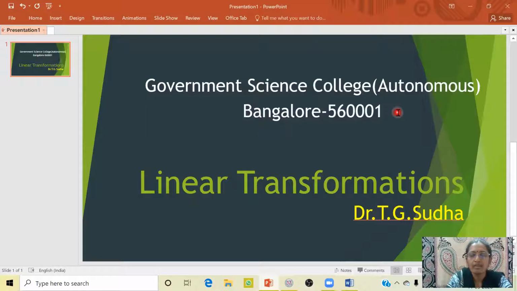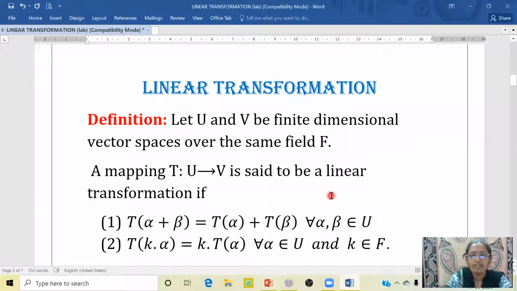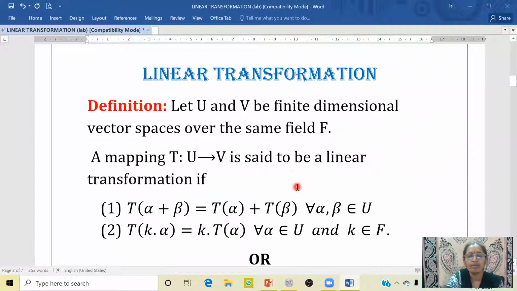Today's topic is linear transformations. So let us go to the definition of linear transformation. Let U and V be finite dimensional vector spaces over the same field F. A mapping T from U to V is said to be a linear transformation if it satisfies the following two